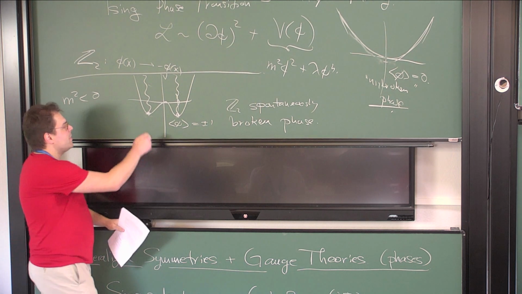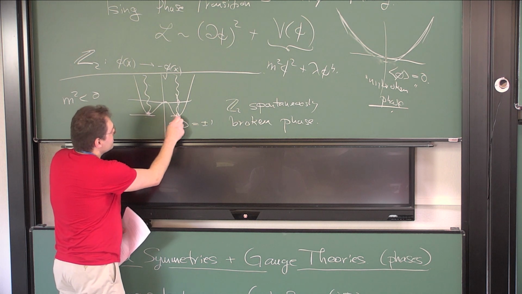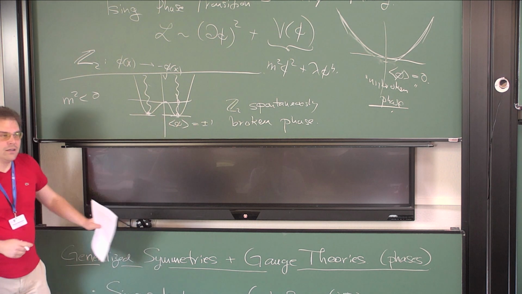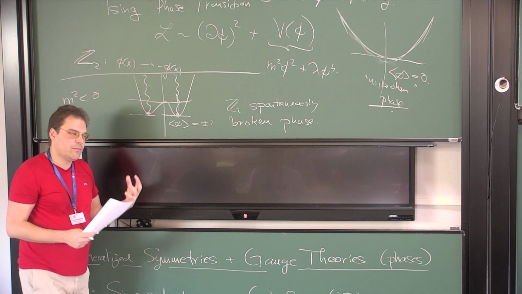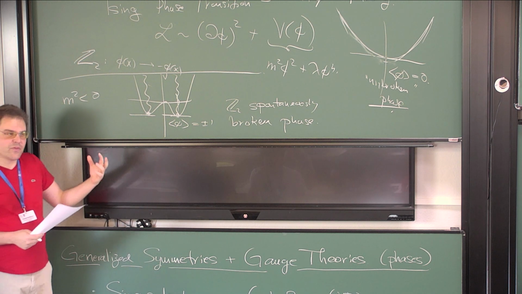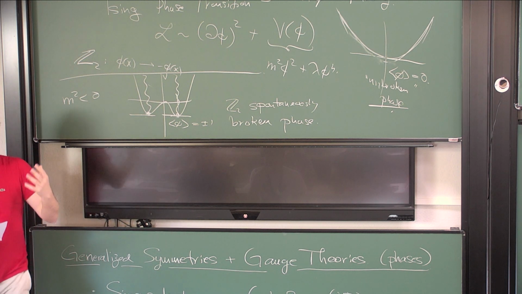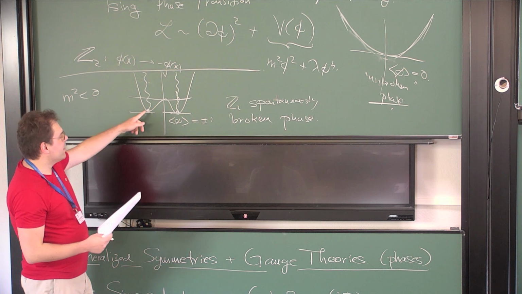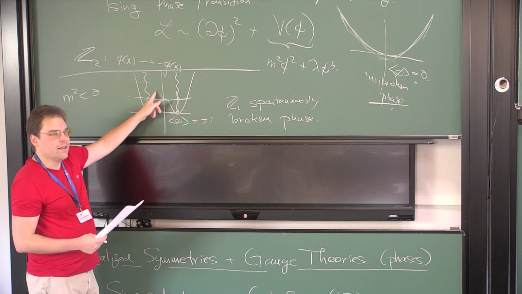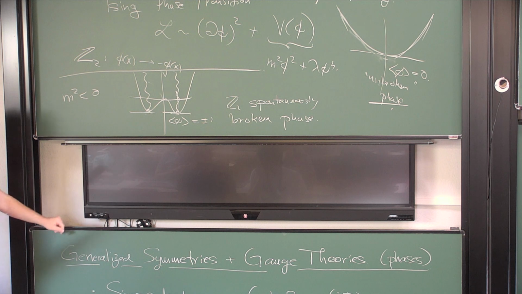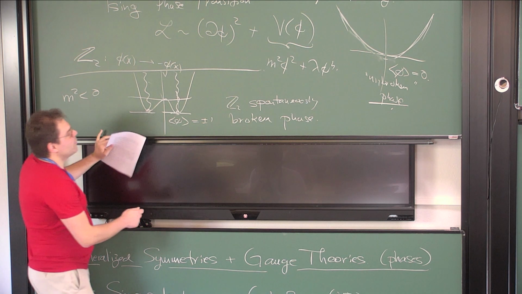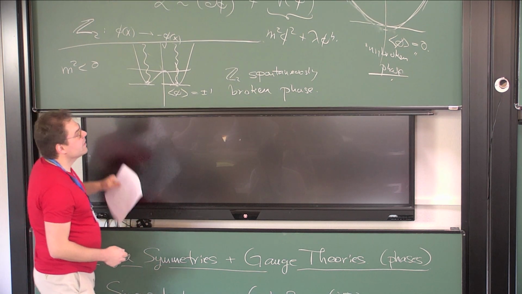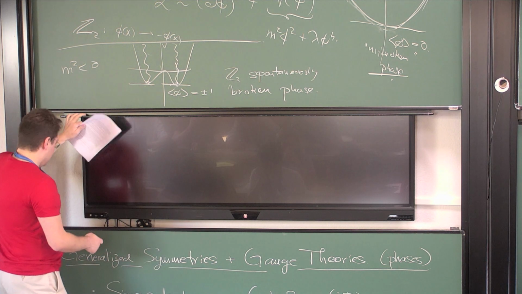symmetry, because the existence of these two degenerate vacua implies the presence in the system of a kind of interesting, let's call it a topological defect, right? So it's a baby version of a topological defect. That defect is the domain wall that interpolates between these two vacua. So if you divide space or space-time into two halves,